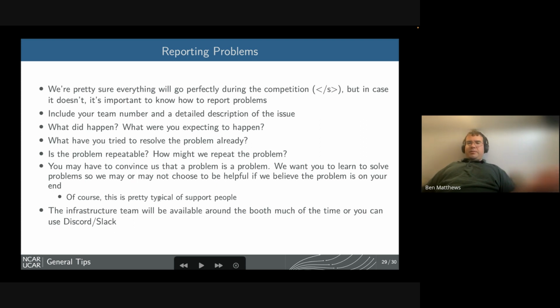And the last one, probably the most important one, reporting problems. So every year, especially during setup, you all come to us and say, the network's broken, my PDU's broken, something's broken. And honestly, half the time it's true. But we're going to be overwhelmed during that time, almost certainly. So I would ask that you try to report problems well, right? And what do I mean by this? Well, instead of saying it's broken,